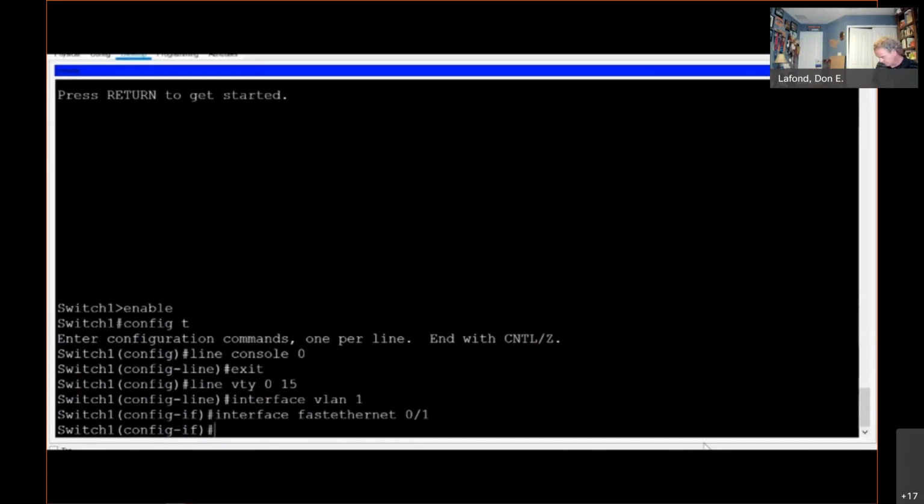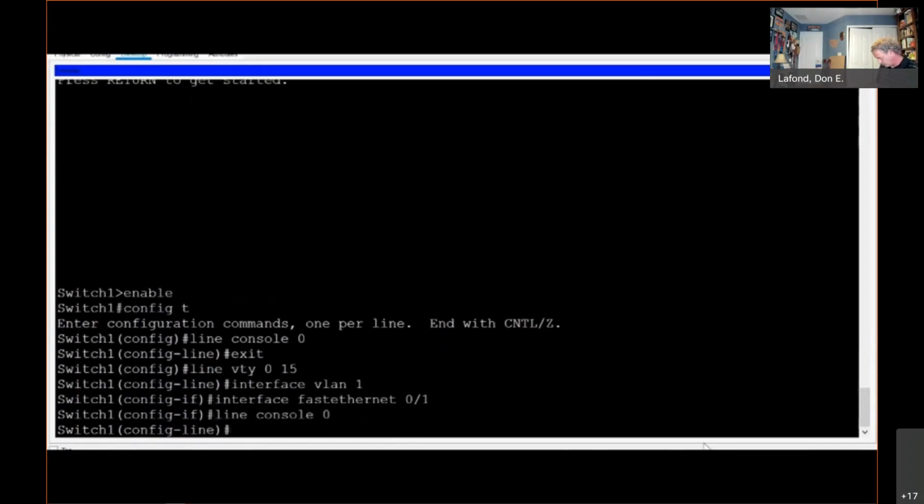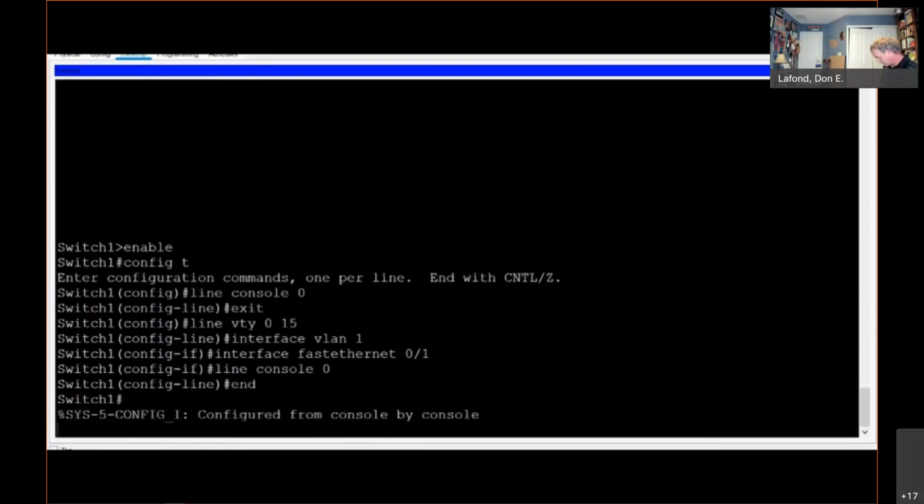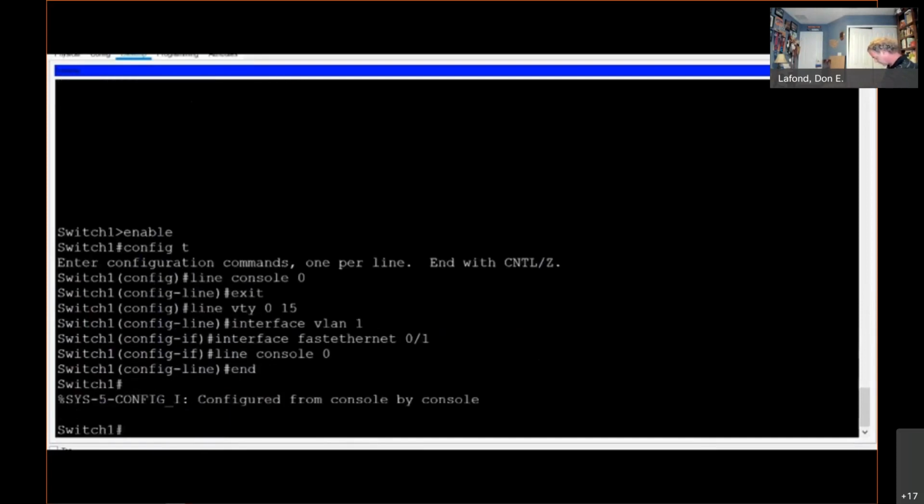I can also move directly to the line console 0. Commands that are normally run in global config mode can also be run from any of the sub-configuration modes as well. If I want to exit out of all sub-configuration modes and return to privileged exec mode, I can use the end command or press Ctrl-Z on my keyboard. Let's give that a try. I'll type end, press enter, enter again, and you can see now that I've returned all the way back to